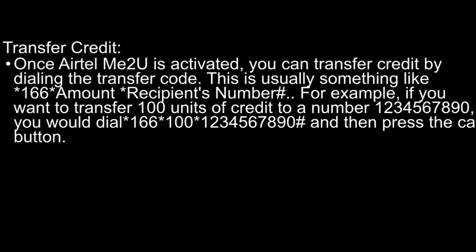After that, once Airtel Me2U is activated, you can transfer credit by dialing the transfer code. This is usually something like *166 amount, recipient's number. For example, you want to transfer 100 units of credit to a number. First, you will dial